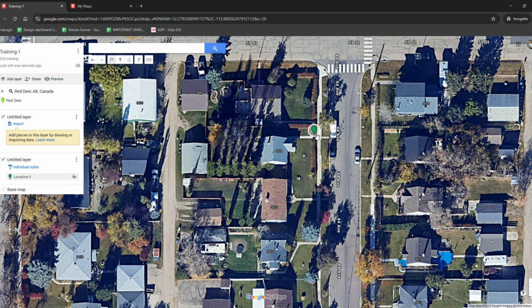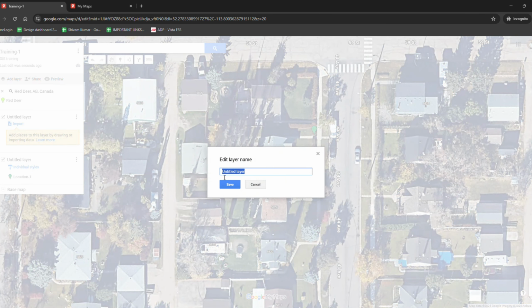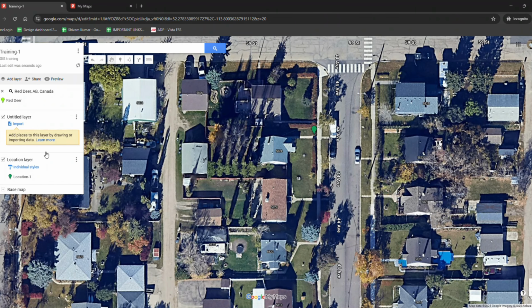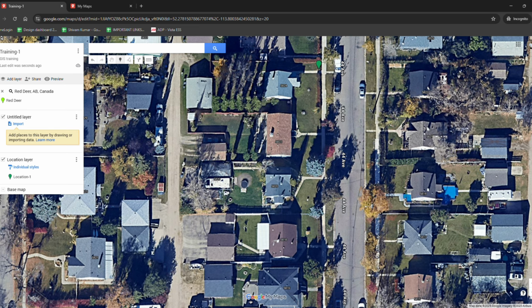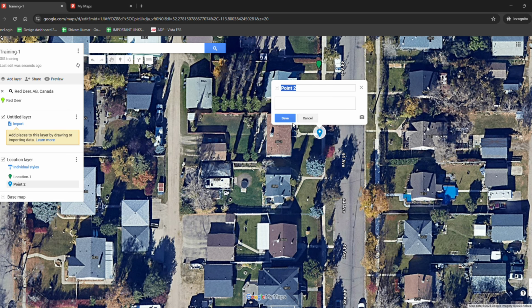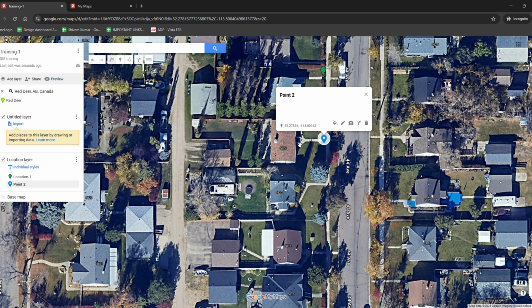Okay, now there are two things. In which layer is it coming? It is coming in this layer. Now this is a location, so I can change the name of this layer. By default it is untitled layer, so I am changing it to location layer and saving it. Now if I add one more marker over here and save it,